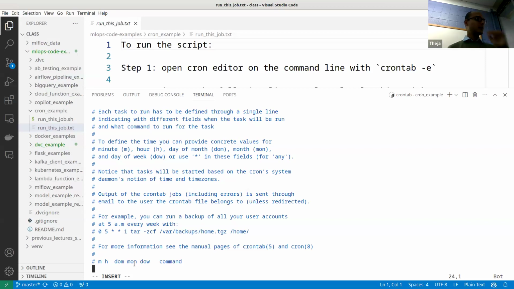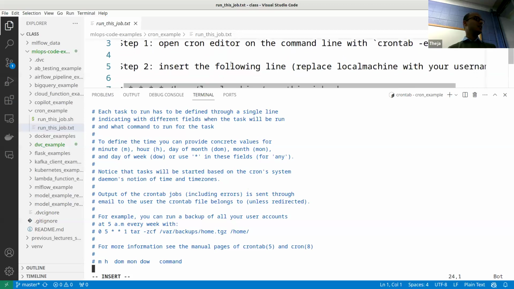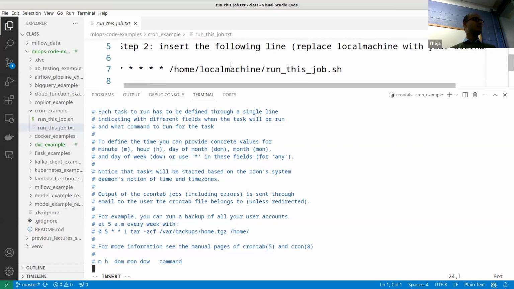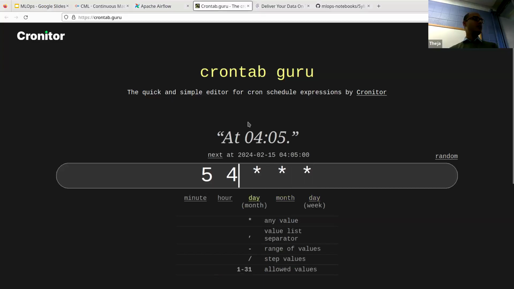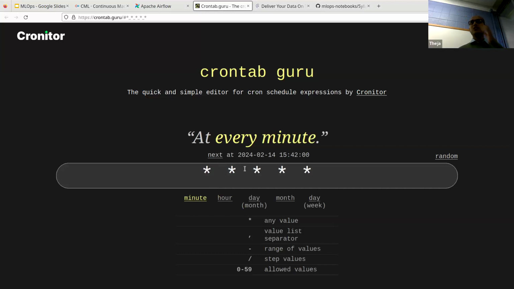Okay. So just to wrap up the demo, let's actually run the example that's written in the text file here. It's saying insert the following lines. If you want to run something every minute, if you put 5 stars like this, then you can run something every minute, and you can check that here. So the 5th minute of the 4th hour every single day is when this will be run. But if you put a star and a star, it's saying every minute. So we'll just do that and wrap up this demo.